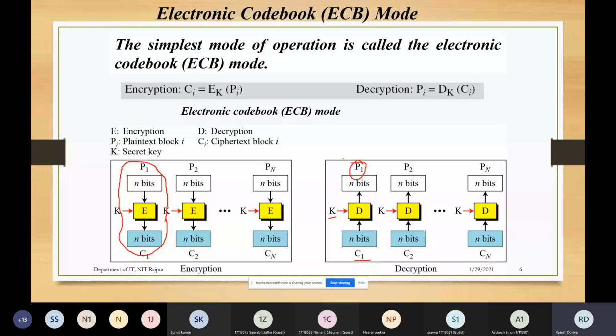So this is quite a simple one, and as I told you, this one is particularly useful where all the data can be encompassed within a single block only. For example, sending a password. Since passwords are small enough, let us say you can write your whole password within a length of 128 bits. So in those applications, this particular mode of operation is quite useful.